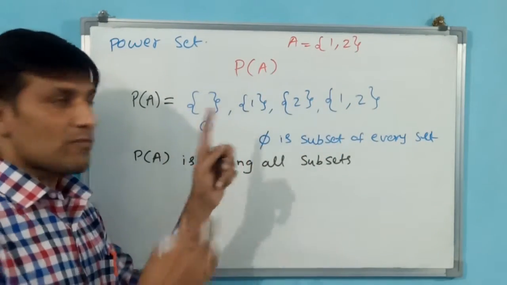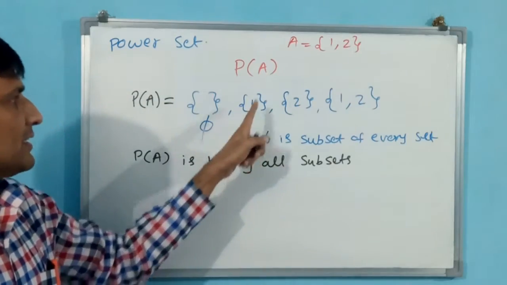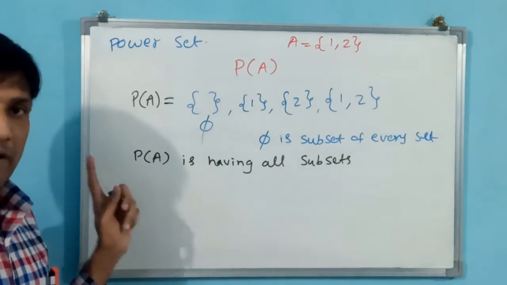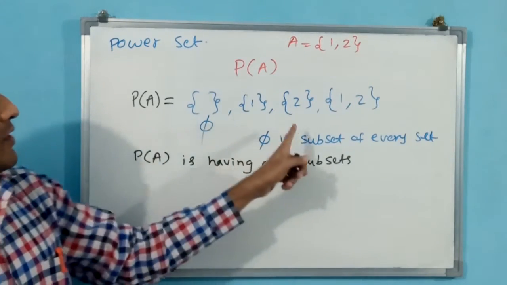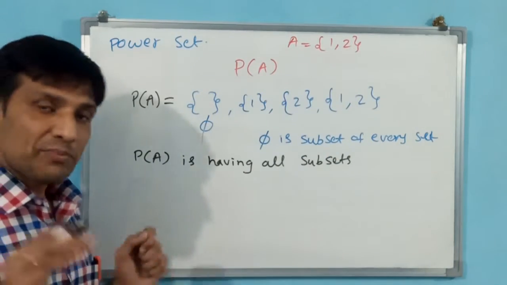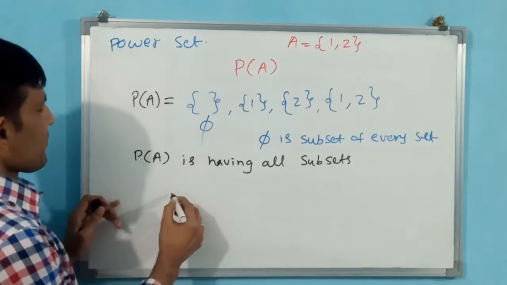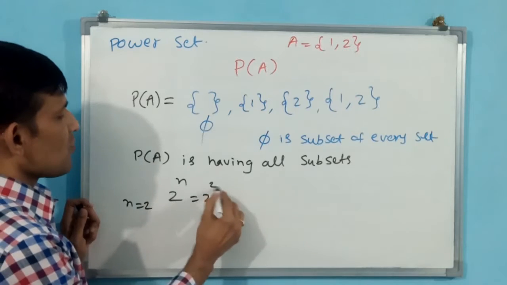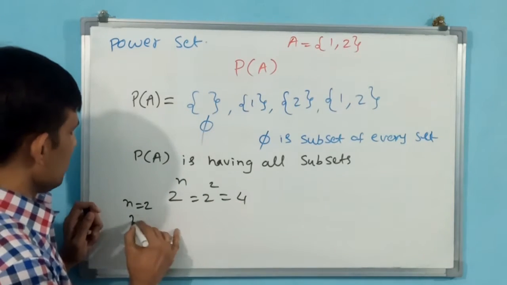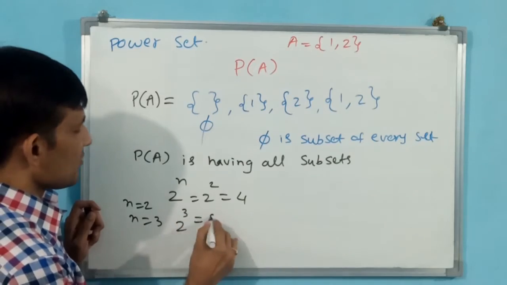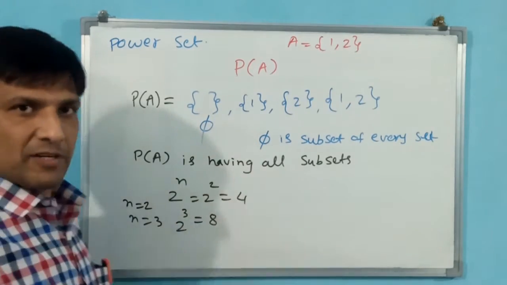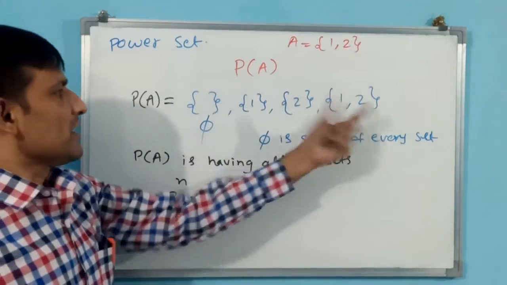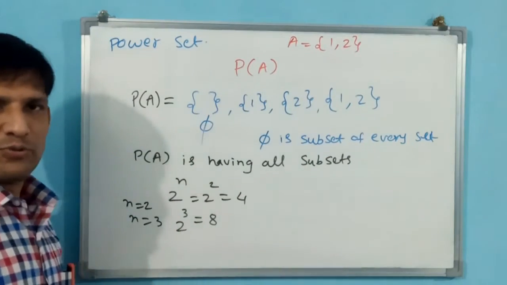In set form I am taking {1}, meaning not one element. Set {1}, set {2}, set {1, 2}, phi, all together are called the power set. In a power set, if two elements are there, four subsets will be there. There is a formula: 2 power n. If n is equal to 2, then 2 power 2 is equal to 4 subsets. If n is equal to 3, 2 power 3 is equal to 8 subsets. That also we will write afterwards. Two are compulsory: phi and the full set. The remaining we have to match.